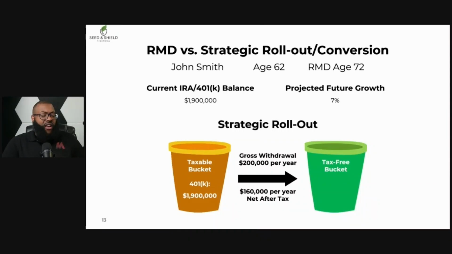His tax rate was, let's look at that, 20% in this example. So 200,000 gross withdrawal means he would get 160,000 net, and we would put 160,000 into his IUL for the next 5 years. Now that 160,000 times 5 will compound, and that money will grow tax-free, so that by the time he's 72, he doesn't have to worry about RMDs, required minimum distributions, or anything like that.